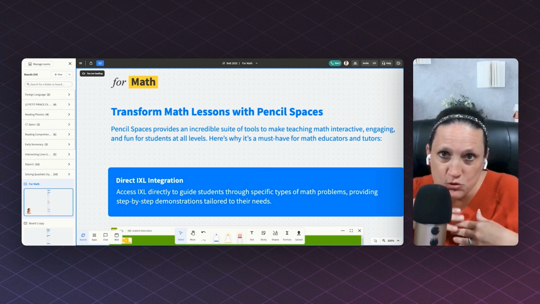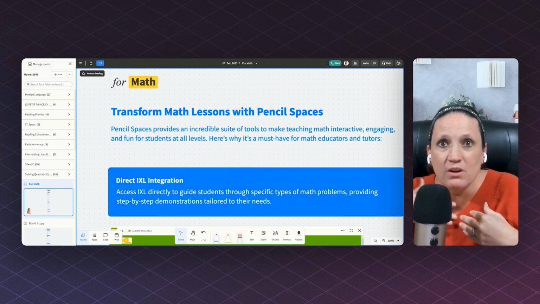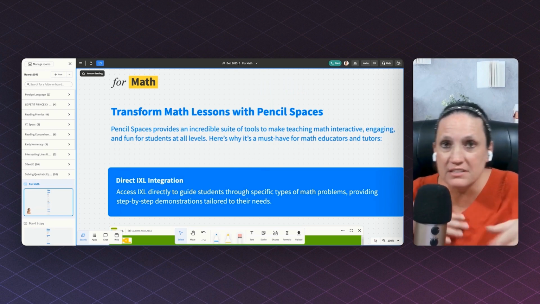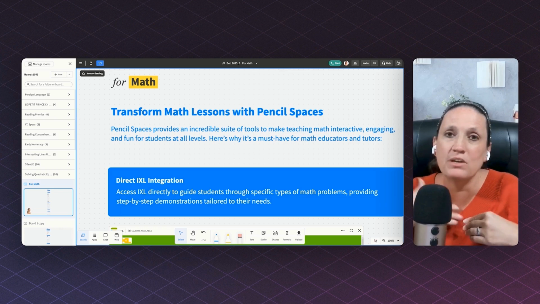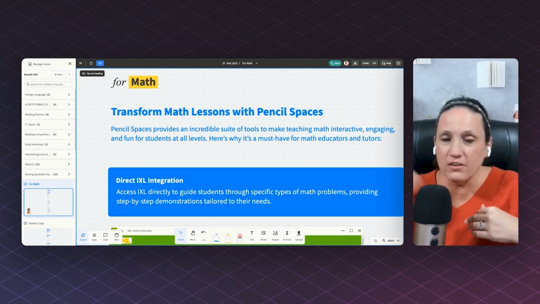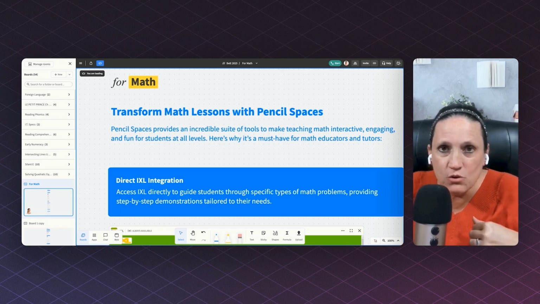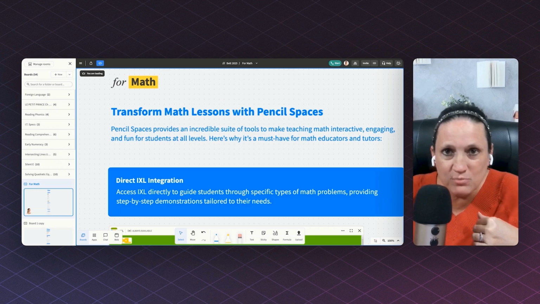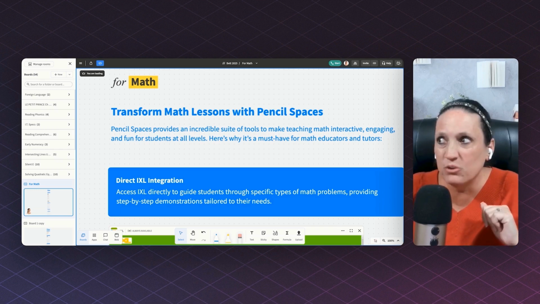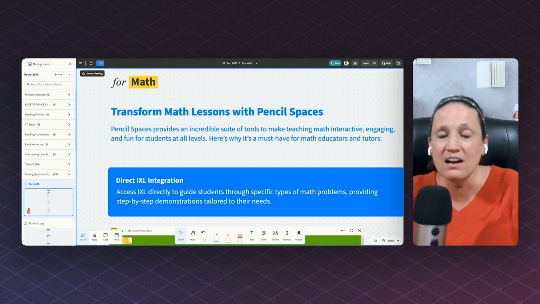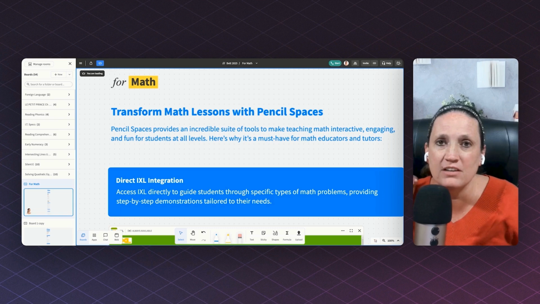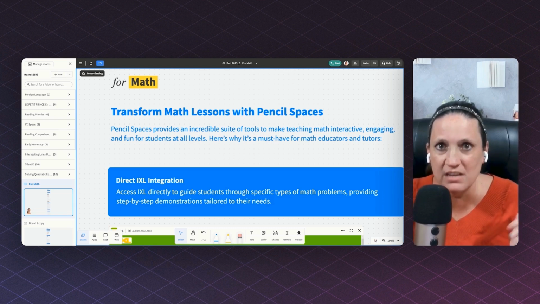I teach math and I teach reading online, but I wanted to show you guys some of the features that you can see for math when it comes to using Pencil Spaces. Now, I know a lot of you are thinking, but Joanne, all of the platforms are all the same. As long as I know how to do certain things on a whiteboard, I'm good to go. And there really isn't one platform that's different from another. And I would disagree because this platform actually has so many things that are integrated into it